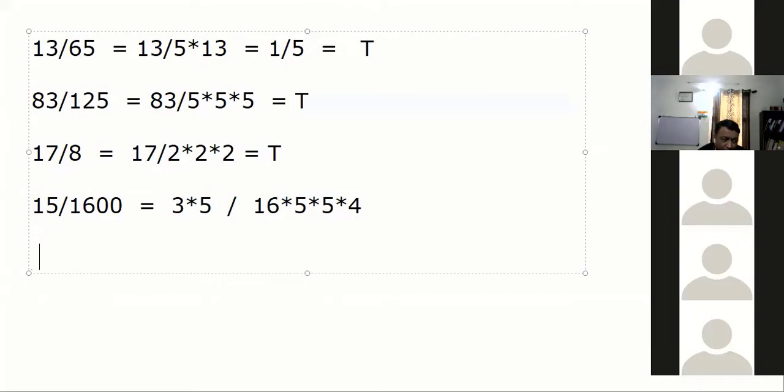So क्या हो गया ये? Just to show you, 5 ऊपर चला गया, 3 by नीचे क्या आया? 16 into 5 into 4. Now this 16 also we can write in the form of 2, and this also can be written in the form of 2. So everything, ये हो गया to the power कितना हो गया? 4 and 1, 5, 6, 2 to the power 6, right? This goes. So finally, the quotient is 3 divided by 2 to the power 6 into 5. So everything is in the form of 2 and 5 only. So that's why terminating. Though you can do it directly here also, but explanation. That's it. Because it's of the form of 2 and 5.